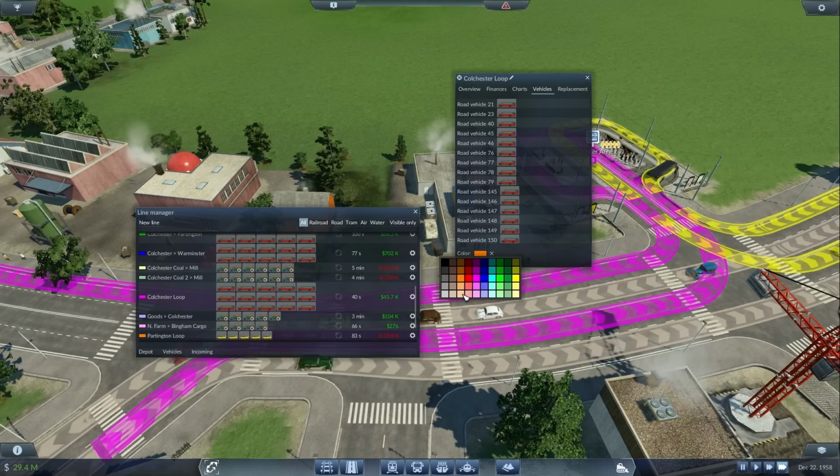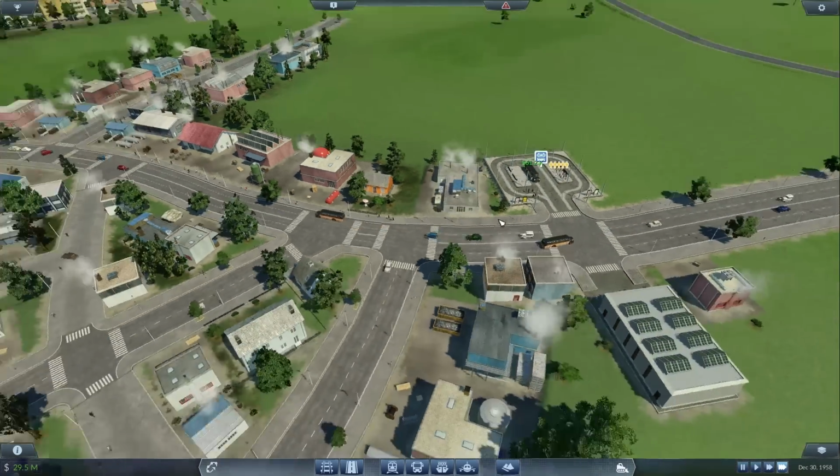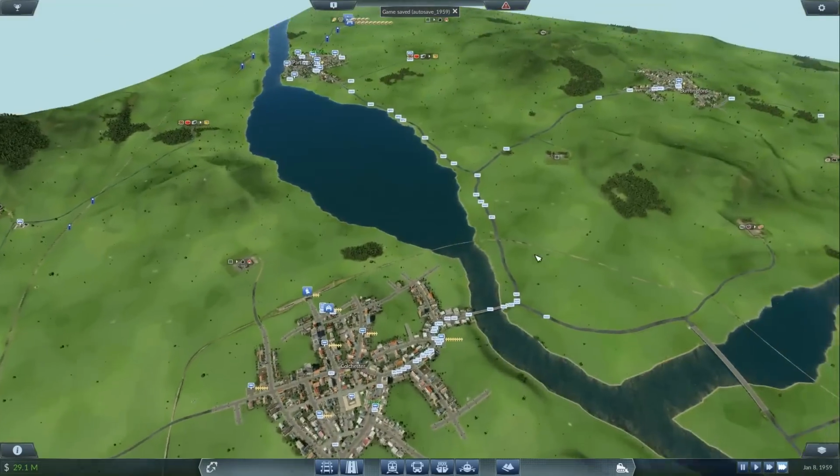Let's go for a pale orange, though. Sort of like that. So that kind of works. That looks really nice. So 15 buses on the Colchester Loop is hopefully going to improve things just a little bit. I'm pretty sure I did also see a new...